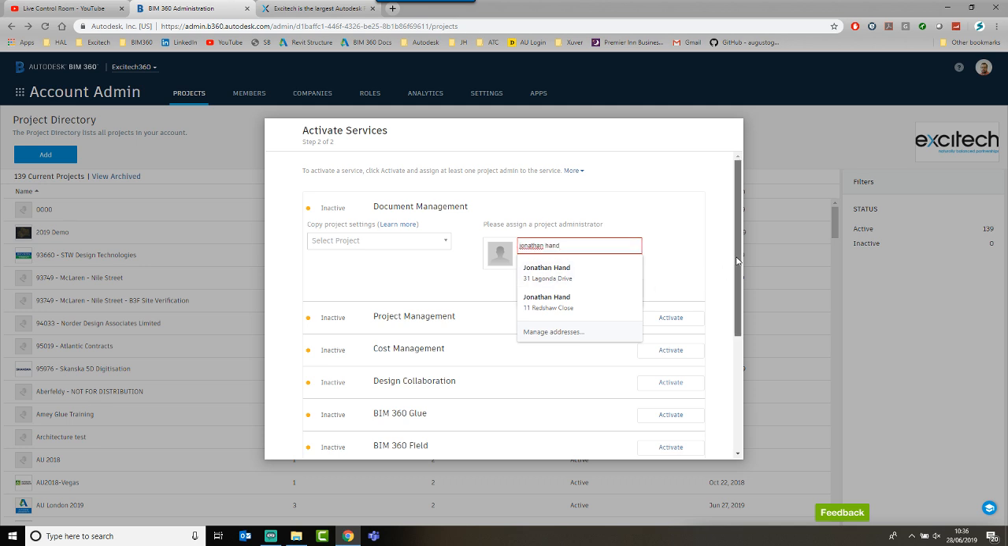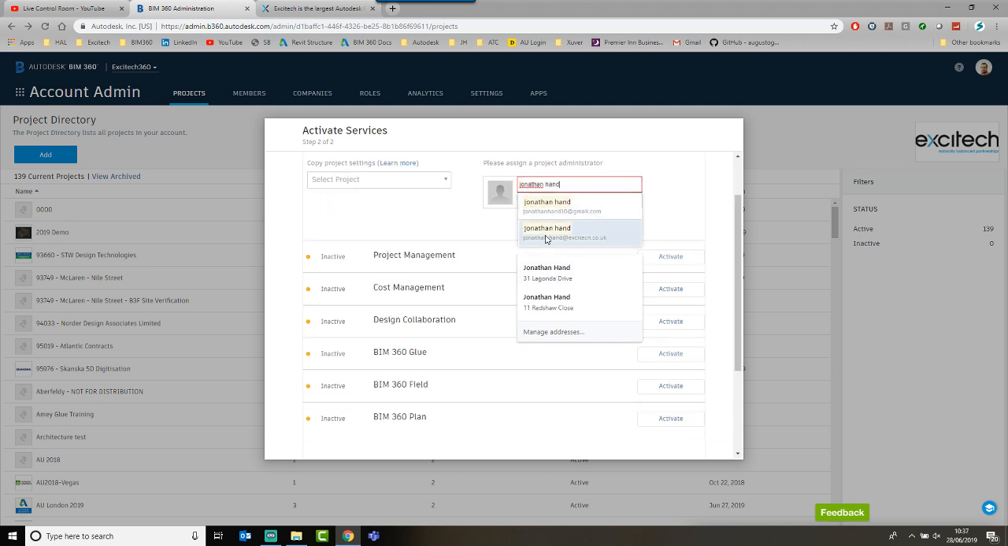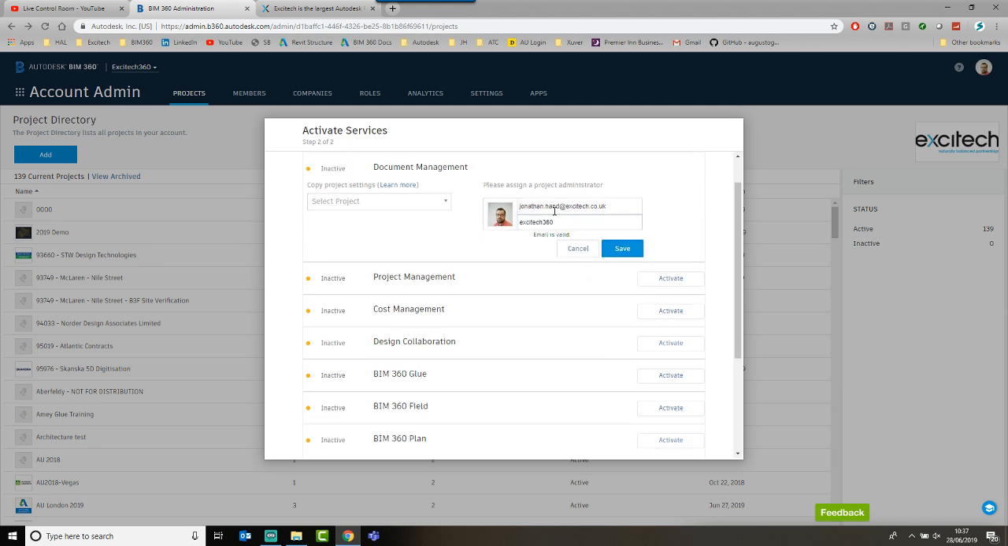I'm going to try and get beyond that autofill. You'll see here that I can pick the two users, so I'm going to pick my Excitech one, and I'm going to assign myself to a company. As I'm typing, you can see all the different Excitech companies come in. So I'm going to pick Excitech 360. It says that the email is valid and I'm a defined user, so I'm going to click save,